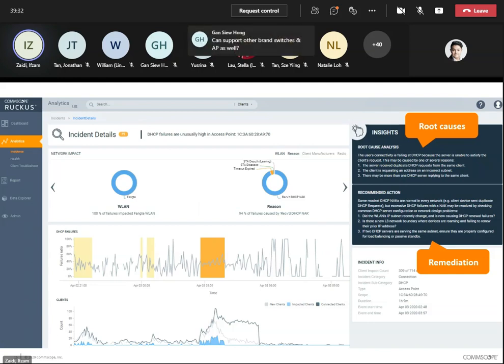For example, when one of your clients cannot get a DHCP IP address, it will give you insight into where the problem occurs, and what the recommended actions are to solve the problem on the DHCP.